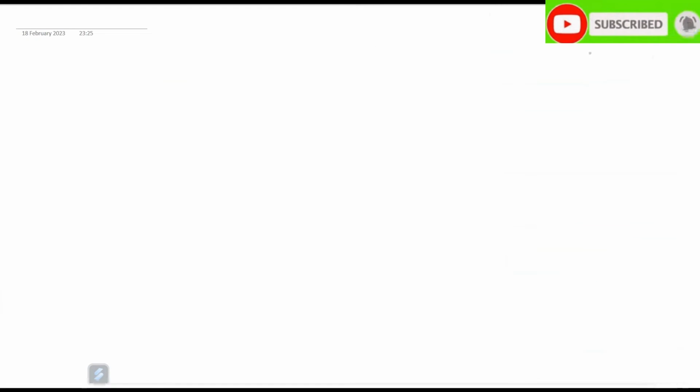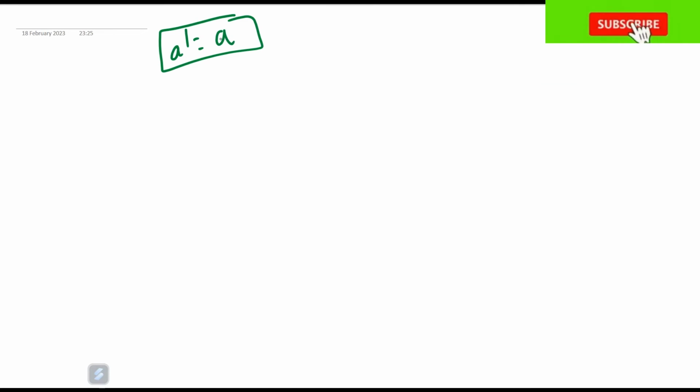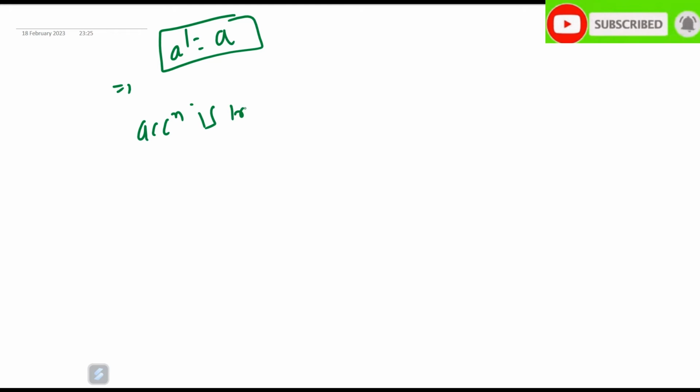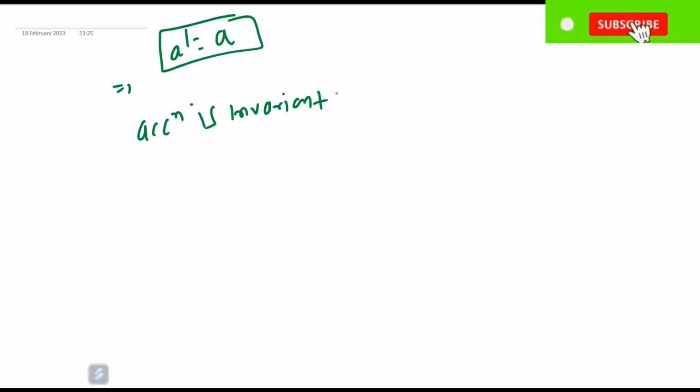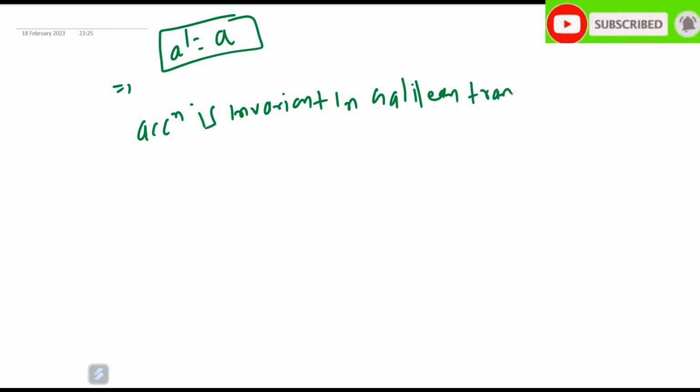Thus you can say that if you have a prime equal to a, then you can claim that acceleration is invariant in Galilean transformation